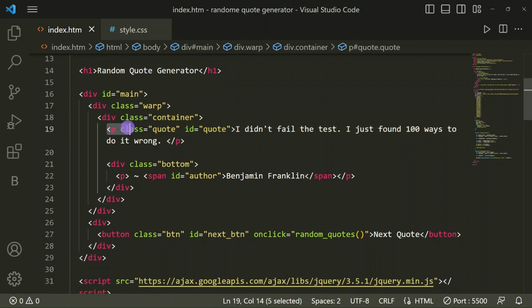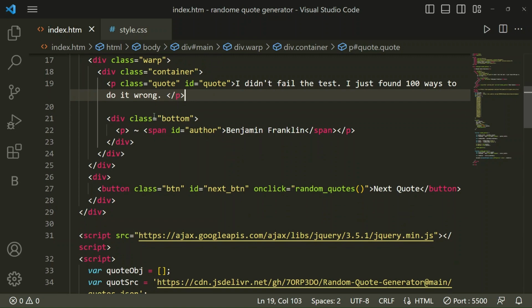In this container div I have taken a p tag with class code and id code. Here I have written, I did not fail the test, I just found 100 ways to do it wrong. This is the first I have written.